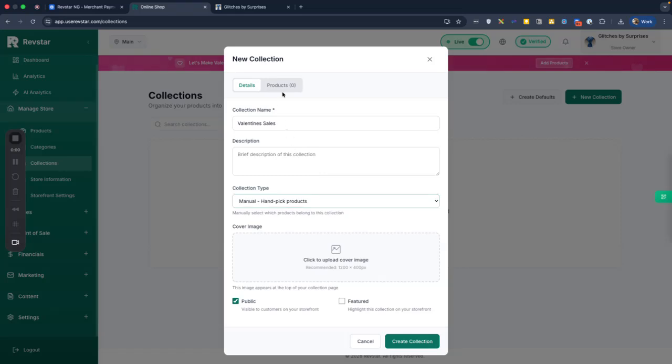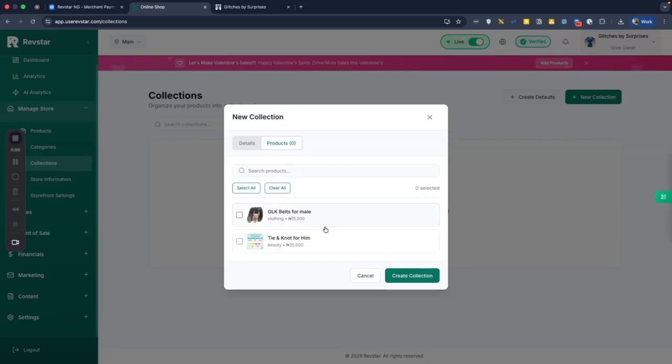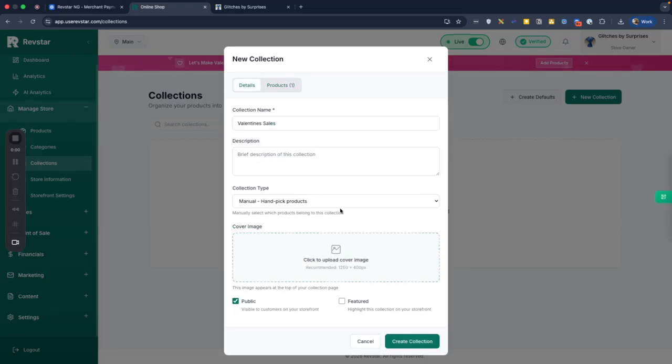You can say, okay, for this Valentine, the collection type can be pick product. That is, when you go over here and wait a little bit, your products show. You can select the products yourself and create the collection. But if you say automatic, that means it is rule